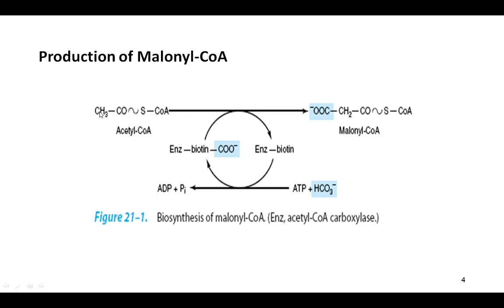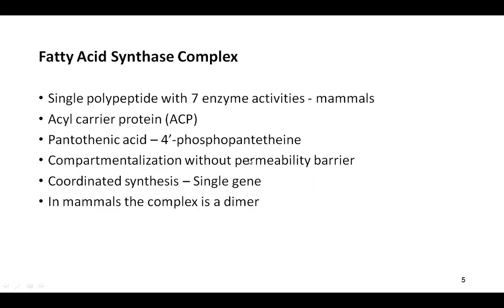Acetyl coenzyme A contains two carbon, right? Malonyl coenzyme A contains 1, 2, 3, three carbon, and this is coenzyme A. Now that was the first step. Once malonyl coenzyme A forms, then the subsequent steps of the fatty acid biosynthesis will happen.